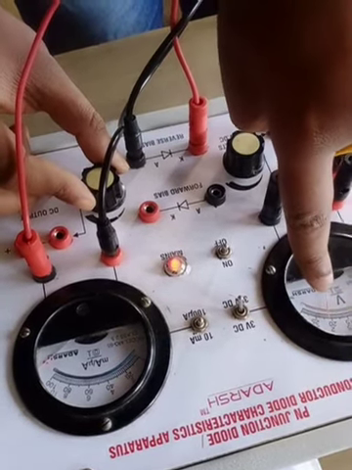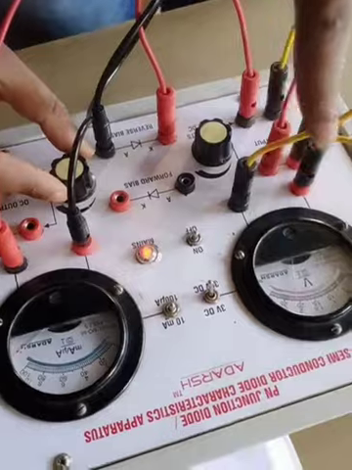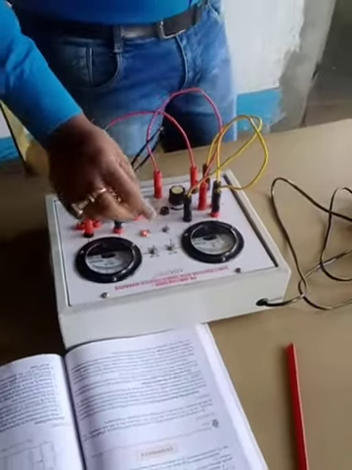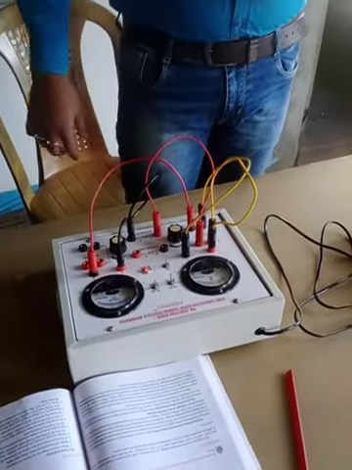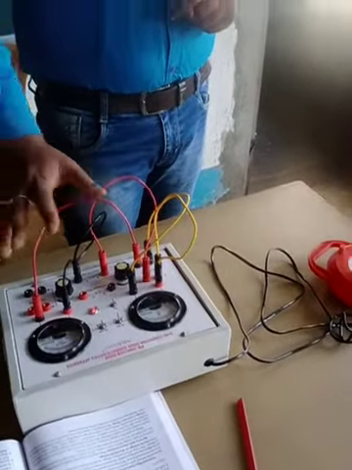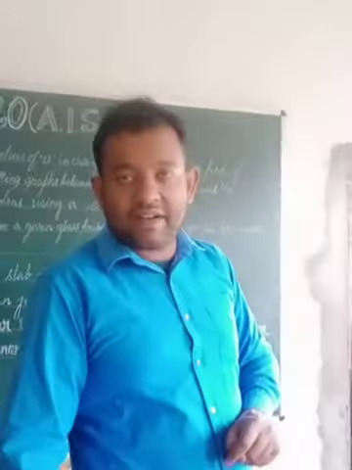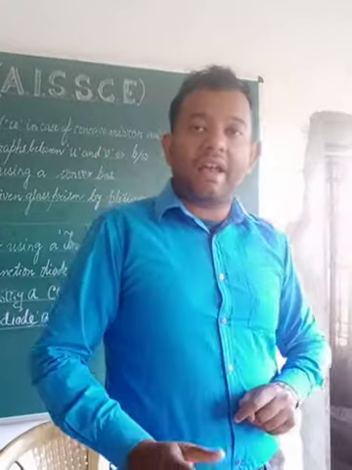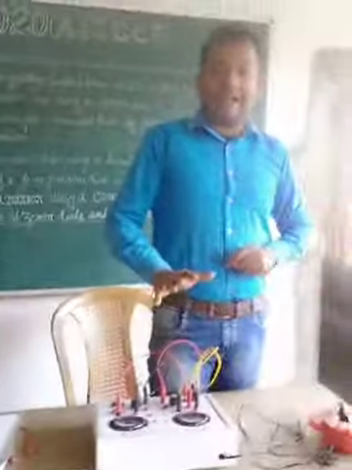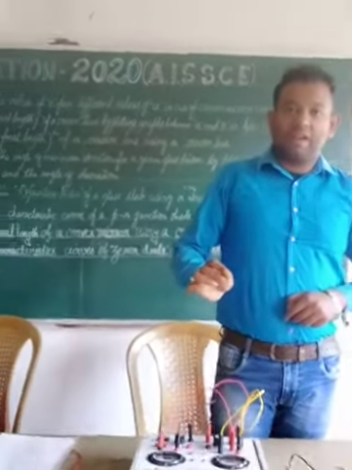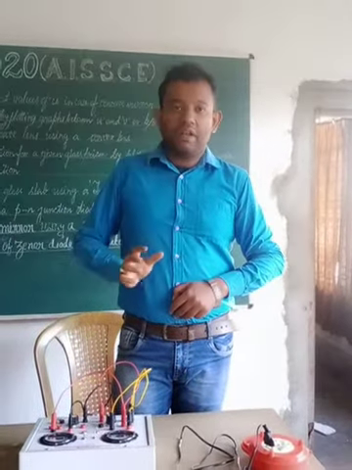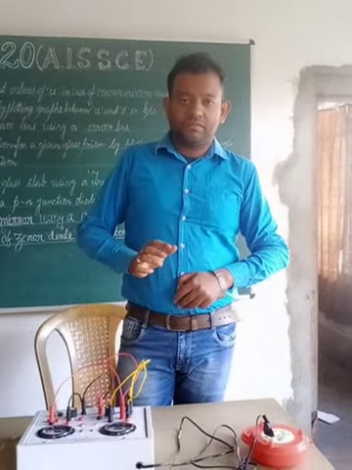We know that is the breakdown voltage. In such a way we also take readings at different voltages and currents for the reverse bias connection of this PN junction diode. So we have to take the voltage and current readings for the forward bias, and also the voltage versus current for the reverse bias, and from the readings we have to plot the graphs. So we will get one graph for the forward bias and another graph for the reverse bias. Okay, thank you.